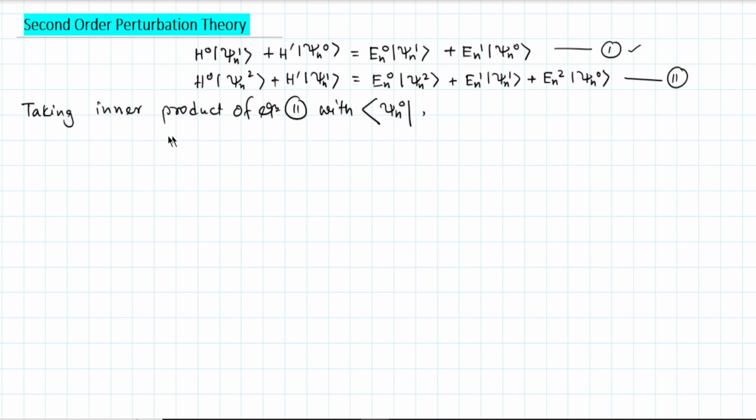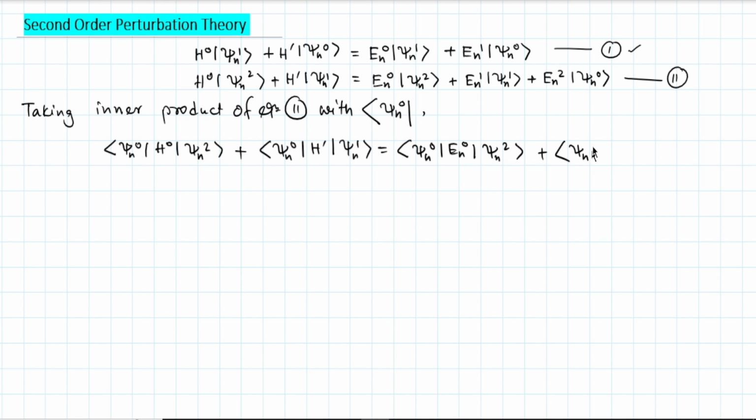So the equation number 2 becomes <psi n 0|H0|psi n 2> plus <psi n 0|H', which is the perturbed Hamiltonian, |psi n 1> equals to, in the right hand side, <psi n 0|E n 0|psi n 2> plus <psi n 0|E n 1|psi n 1> plus, for the last term it will be same, E n 2